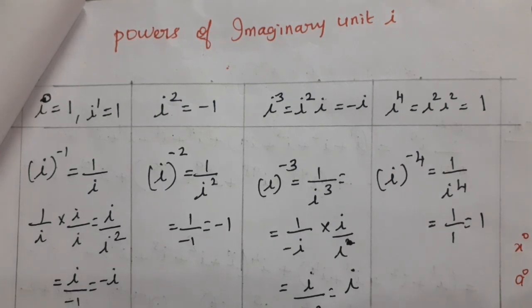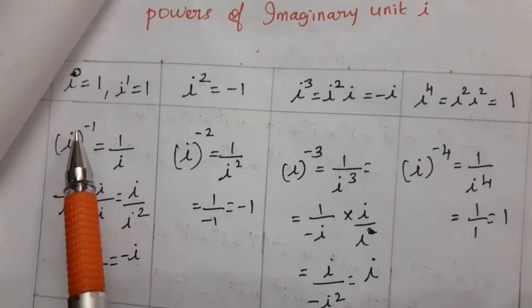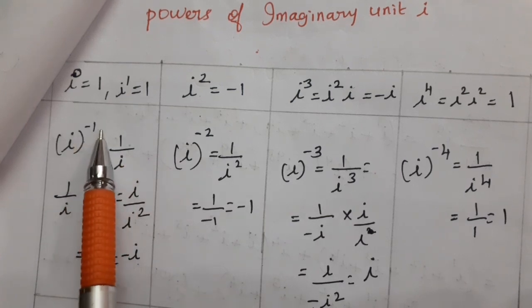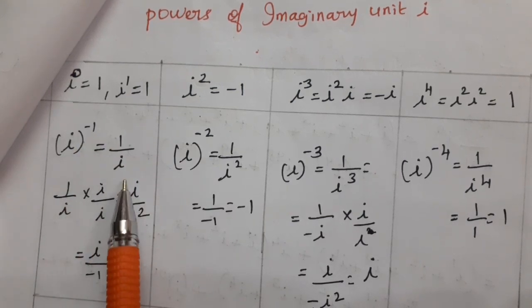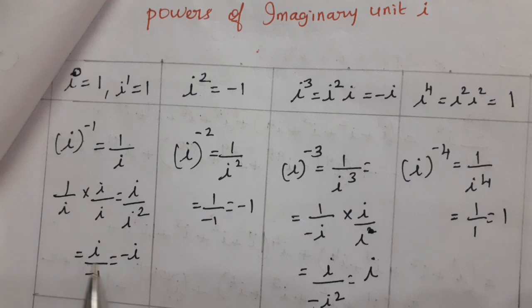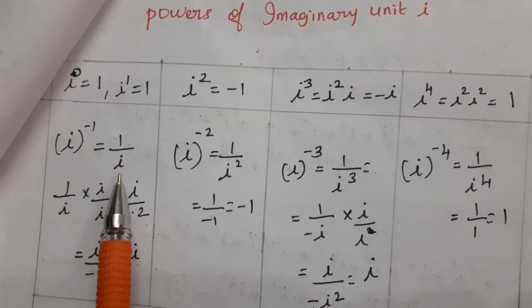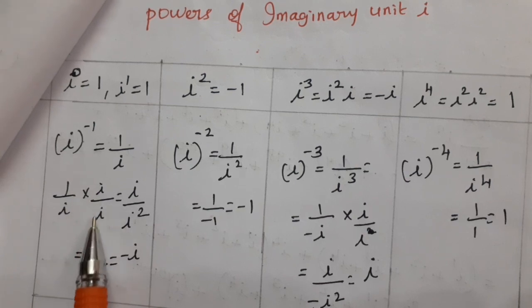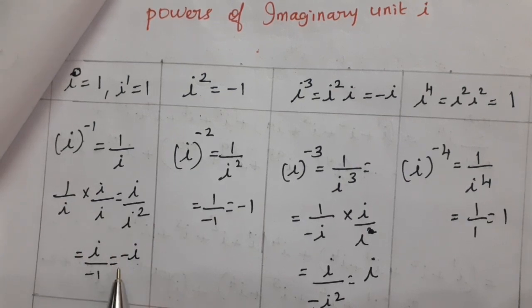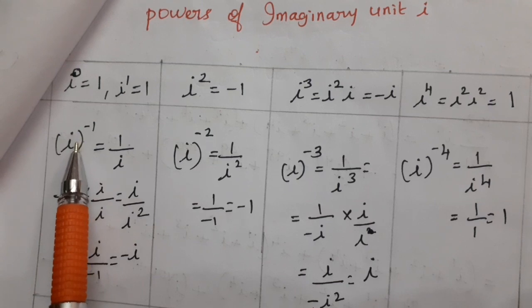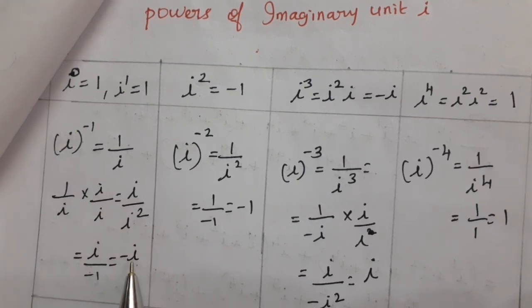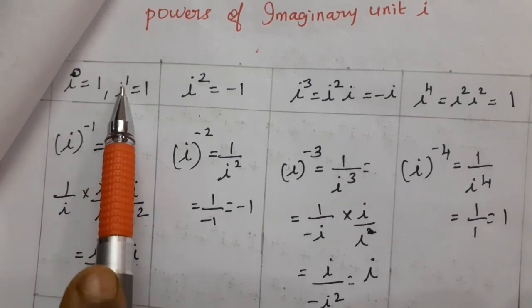So these are the powers of the imaginary unit. Suppose you have a negative power, instead of i power plus 1, you have i power minus 1. Rewrite as 1 by i. How come minus i? I power minus n is 1 by i power n. 1 by i: multiply and divide by its conjugate, i by i. Remember that one. I power minus 1 is nothing but minus i.